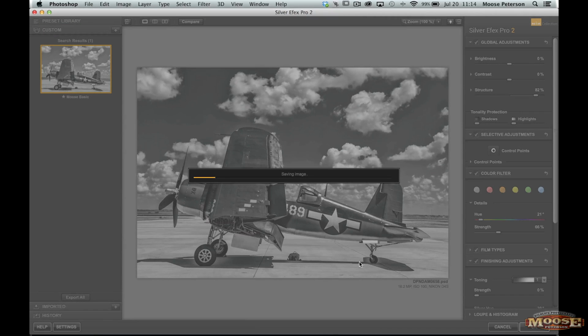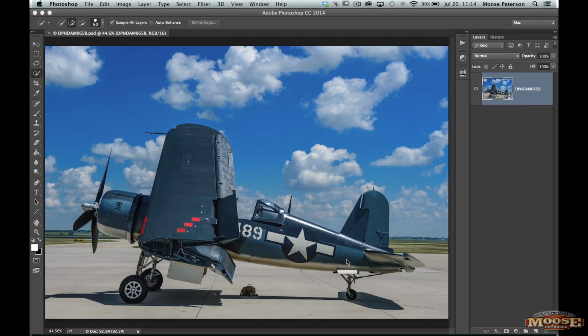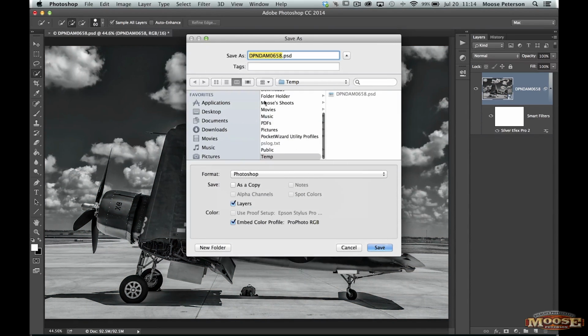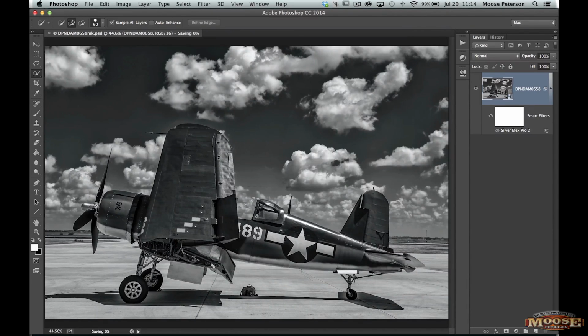Click OK. And what I'm going to do is a quick save as, because I want to show a comparison back and forth between the two. So there it is. That's basically it. I'm going to do a save as, and let's just call this NIC. I can remember that. Now once it's saved, I'm just going to go back to my history, click on the file. It says open. That takes me right back to the original process out of Adobe Camera Raw with the smart